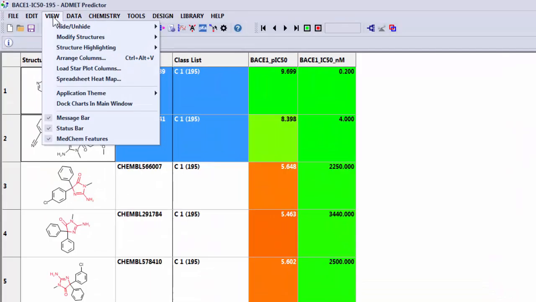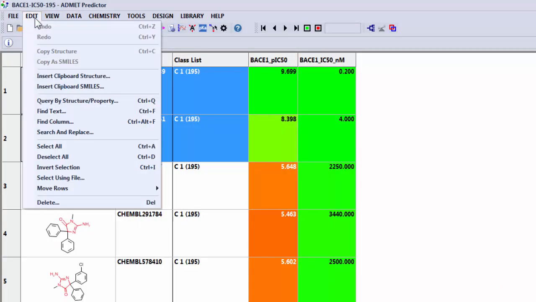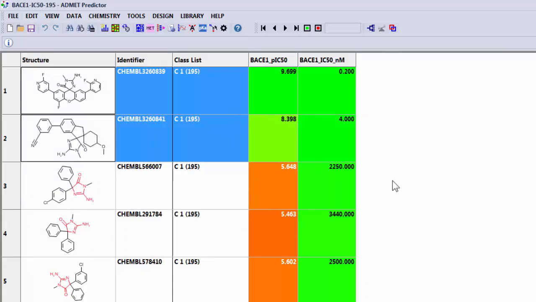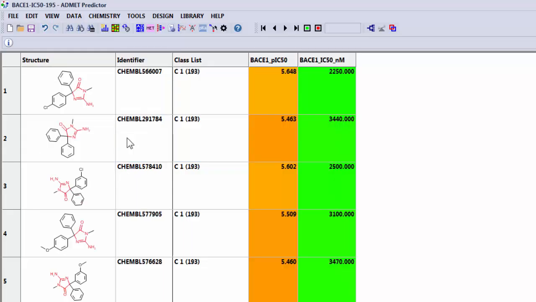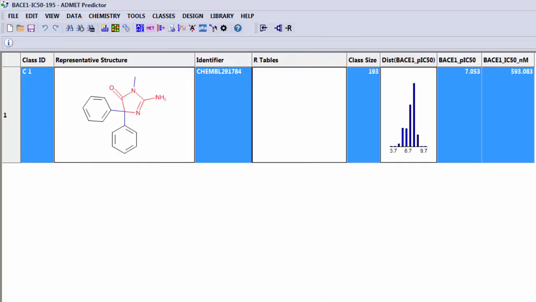There's a menu item for that under the Edit pull-down menu called Move Rows to Top. I simply use Control-T quite often, so it moves the selected rows to the top so that we can see them. And so these aren't molecules I'm particularly interested in, so I'm going to delete those 2 compounds, and then go back into the Classes tab, and again